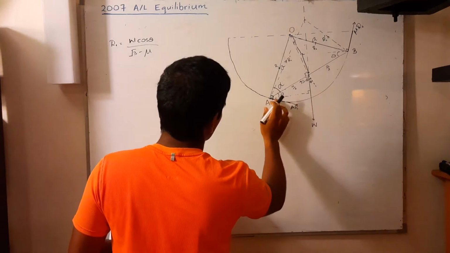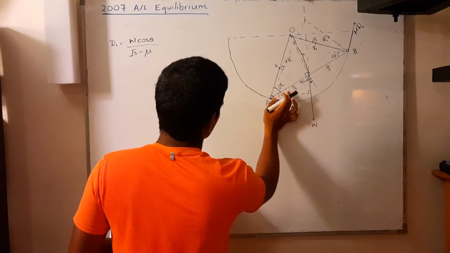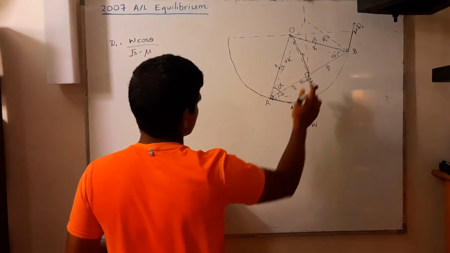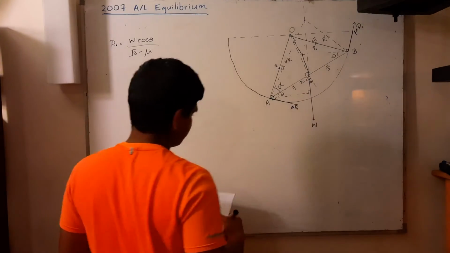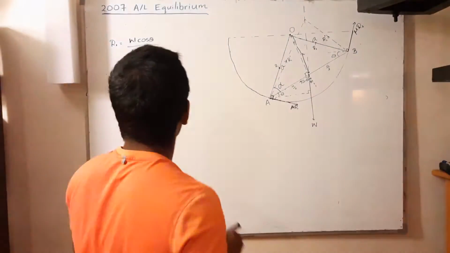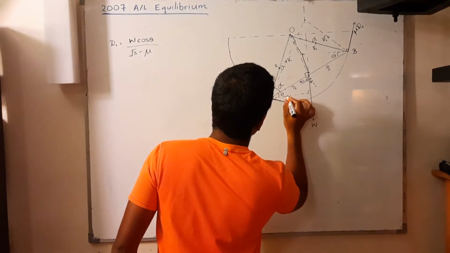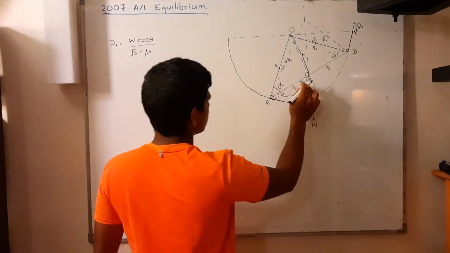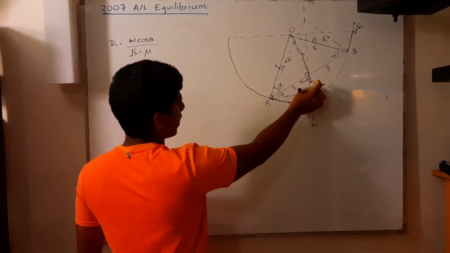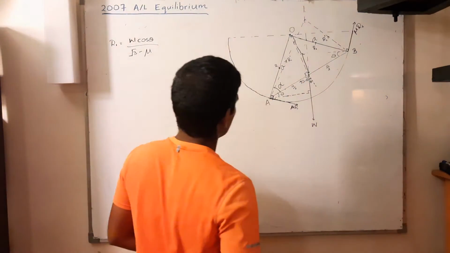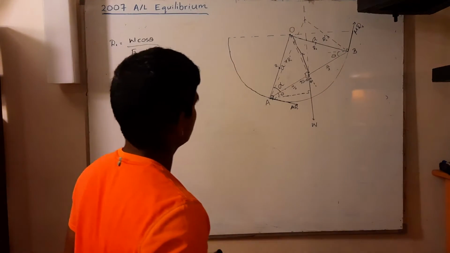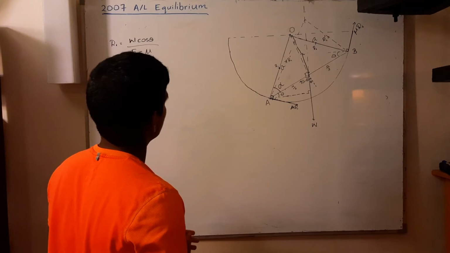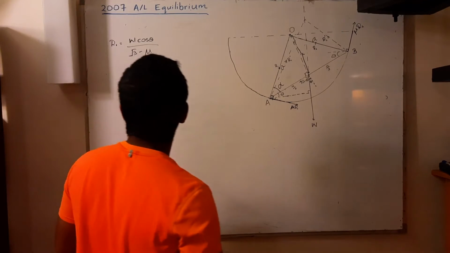So this is showing that it's inclined theta to the horizontal, and similarly it's theta over here as well. Once you produce this way, it forms 90 degrees over here, and this becomes 90 minus theta. Therefore this angle becomes theta. I think that's about it. That's basically what you need to know before doing the question. Now since we cleared all that up, we can move straight into the question.